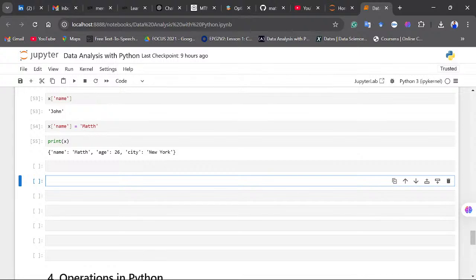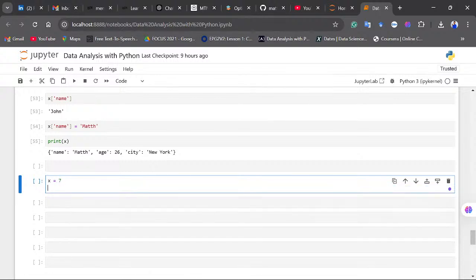So, for example, if I have x is equal to 7, y is equal to maybe 2.5,